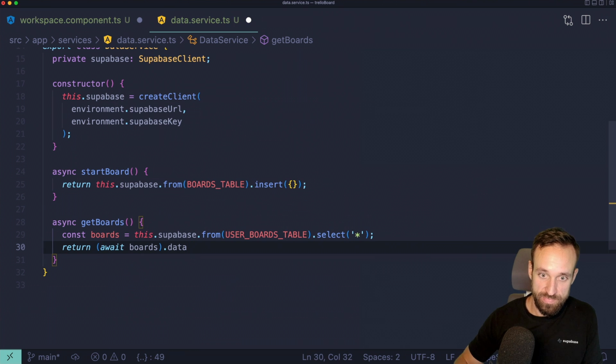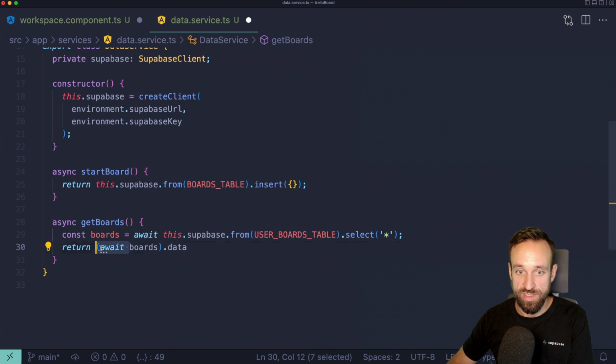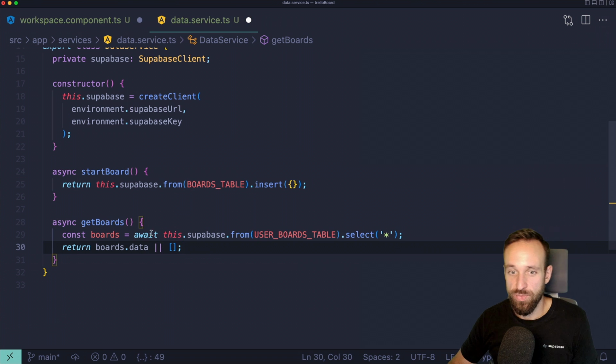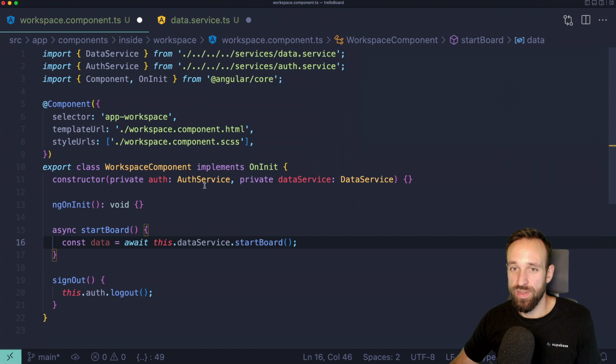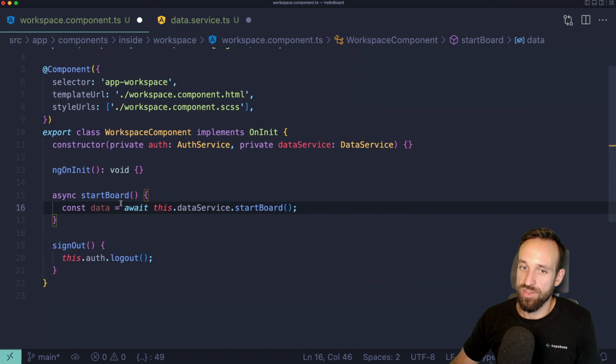boards.data. Oh, we should probably await it in this line. That makes more sense. Otherwise, it's going to really look horrible. Or if this is not defined, we're going to return an empty array. Stuff like this just makes life easier for the actual component. And we're going to talk about how to populate that in a second. For now, we can just add this to our